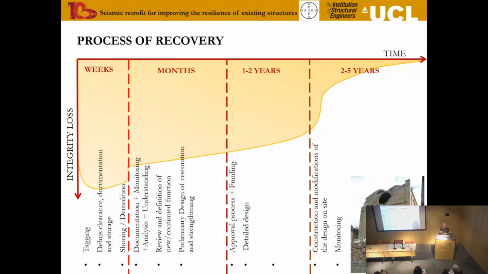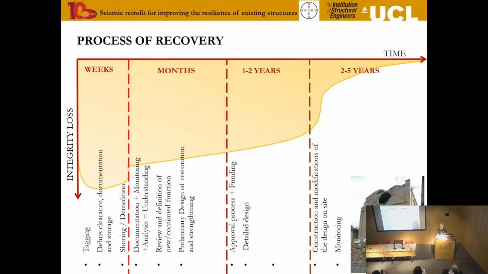So let's say that in the next few months, we will go through the preliminary design and try to understand all restoration options in case of a valuable building. And then we go through the phase of approval. During the phase of approval, of course, we require the technical approval, but we also need to find the money to do the restoration or the reconstruction, and that is clearly sometimes a large problem, depending on the wealth of the nation affected. It might be so large a problem that other nations need to intervene to support it, such as the case of Nepal.